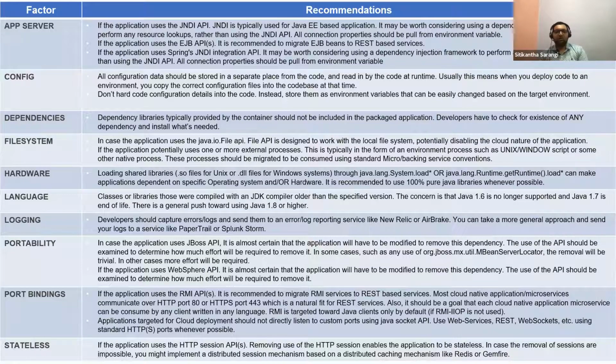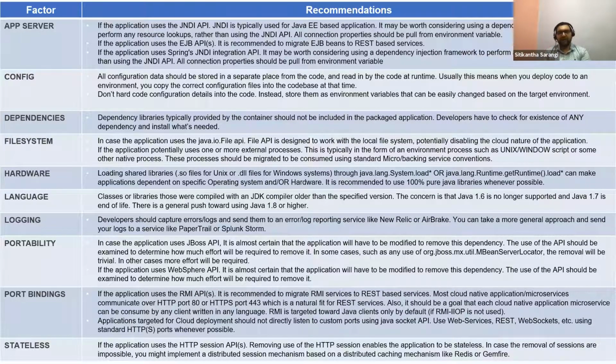So these are the 10 factors that come in. Before transforming your application to a container application, you need to first consider these 10 factors. First one obviously is your application server. If your applications are hard coded in a way that they are supposed to use only one application server,